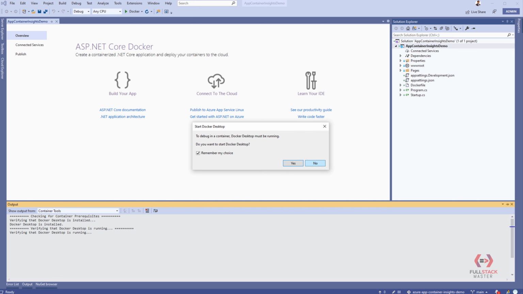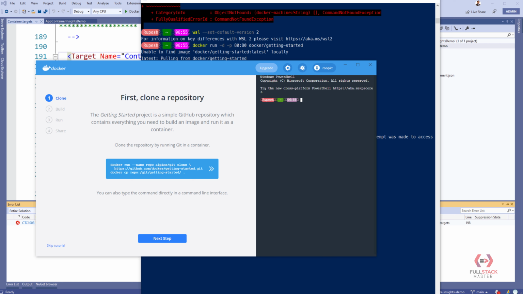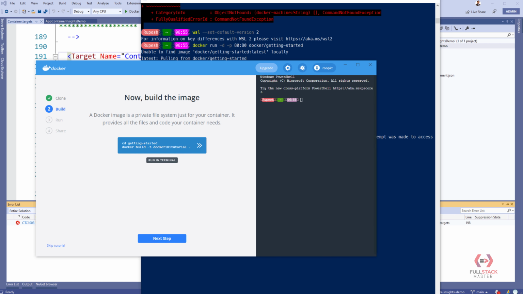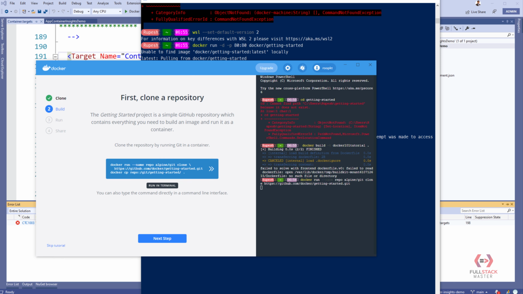But you see it is saying some error, and I'll have to install the Docker desktop and follow all of the steps that is mentioned in the Docker desktop so that I'll make sure my desktop is running okay for the Docker desktop. So I'll clone the project, that is the demo project that Docker desktop has given. If you can run that demo project, that means your machine is well set up.